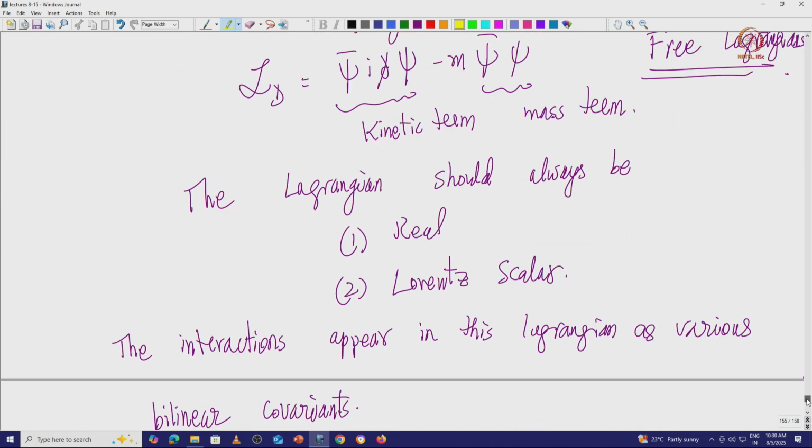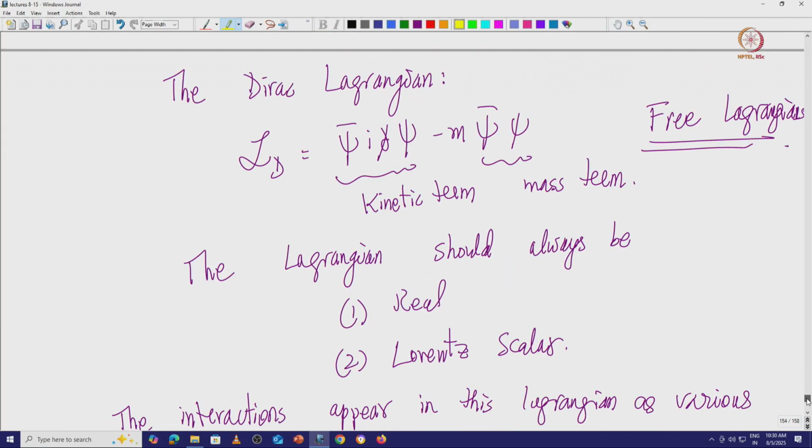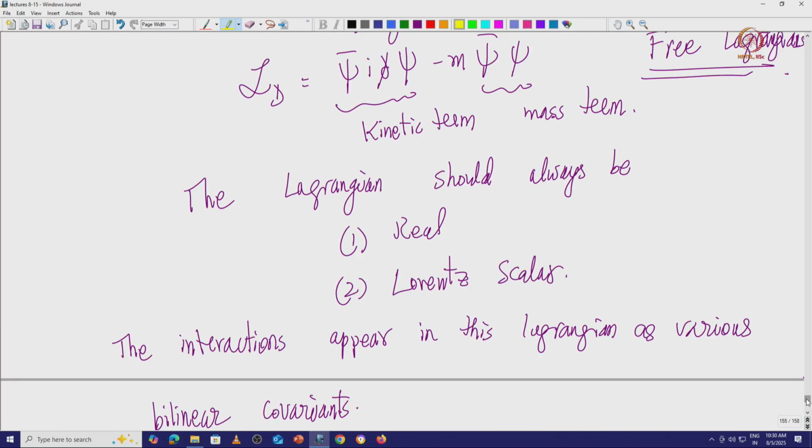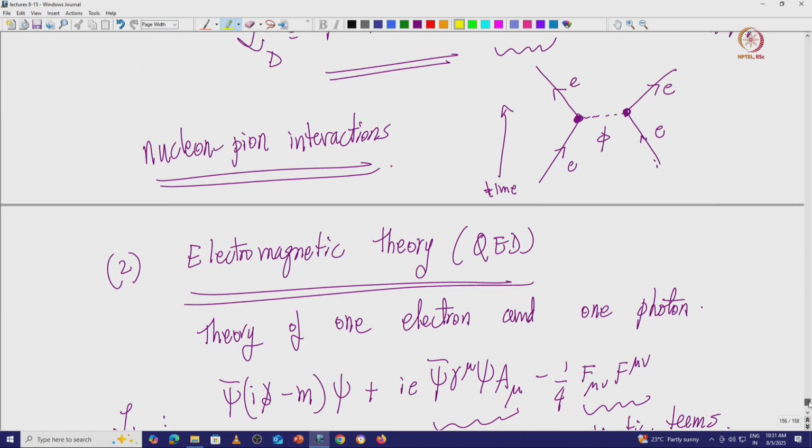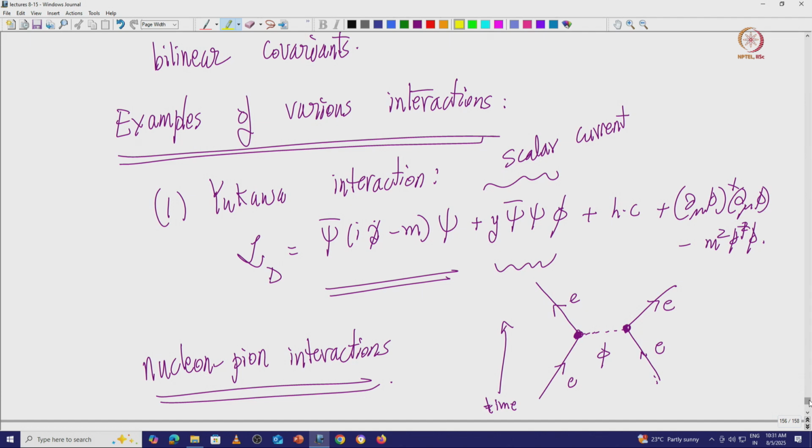But then you saw that the Dirac Lagrangian consists of two terms. One is the kinetic term and another is the mass term. And the Lagrangian should always be real and a Lorentz scalar. And so the interactions of this Lagrangian appear in various forms, as various bilinear covariants. We were looking at two particular examples which are very important, which we will keep coming back to in the coming lectures essentially. So one of them is the so called Yukawa interaction, in which we introduce a scalar